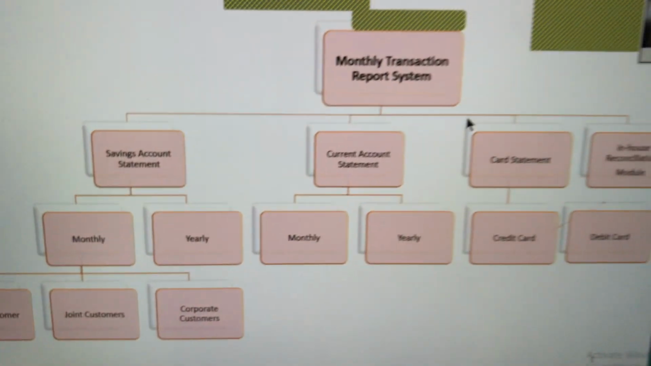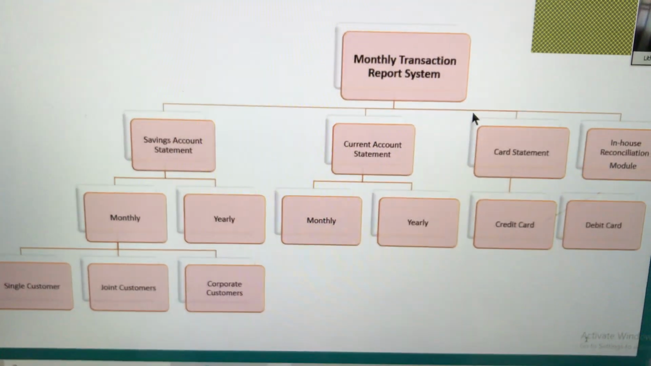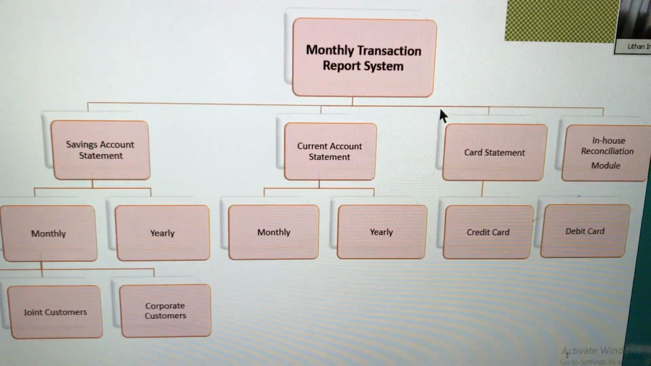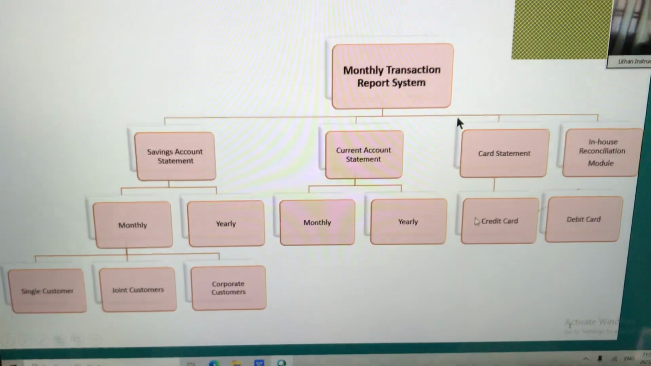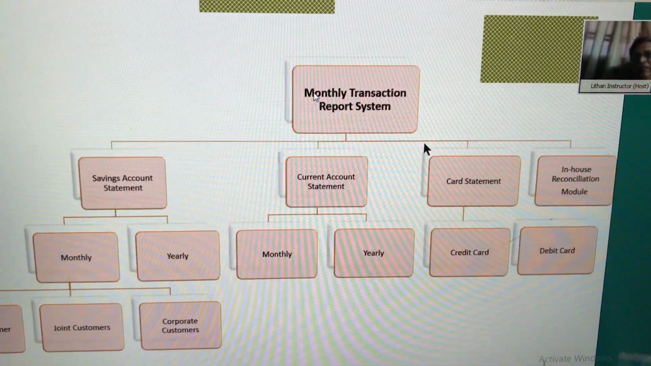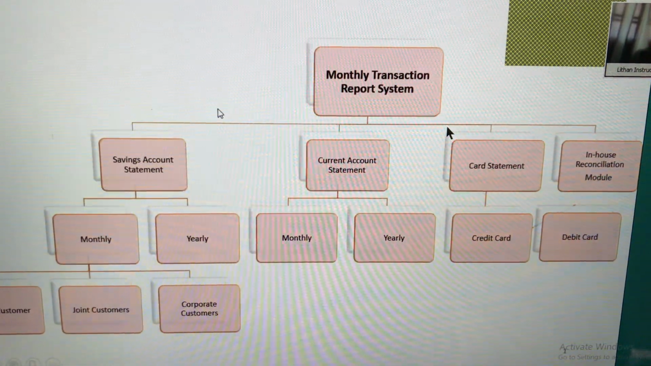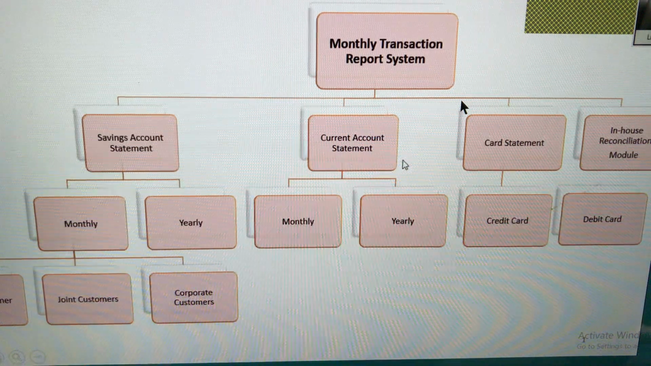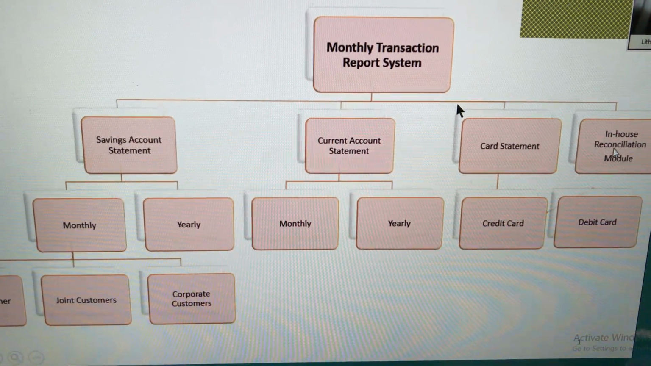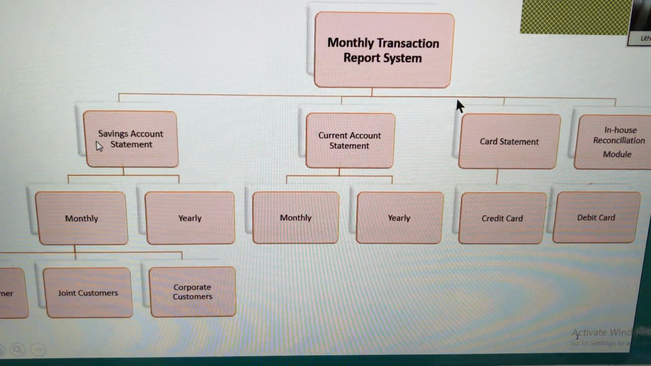Now, please listen to this very attentively, and if you have doubts, let's get it sorted straight away. What is level 0? The scope of this product is the monthly transaction report system. Now, what is it breaking down into? It's breaking down into savings account, current account, card statement, in-house reconciliation module. All, and then further